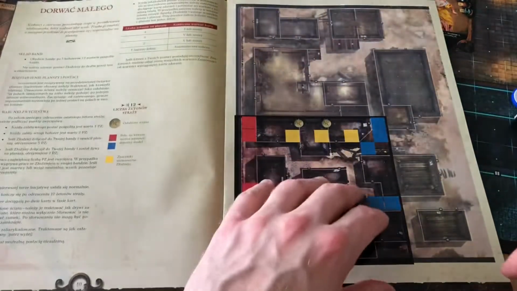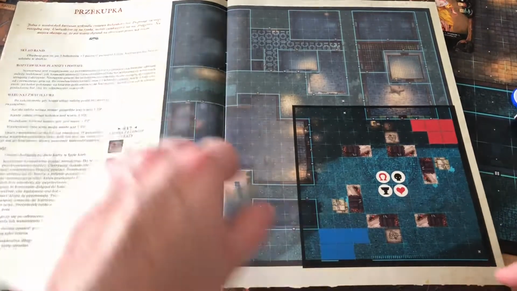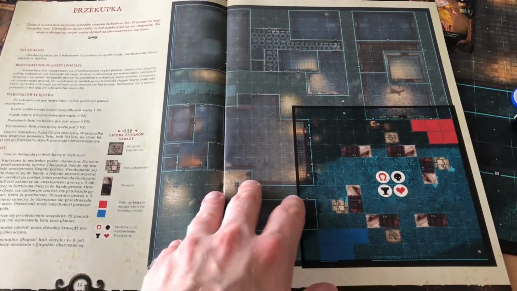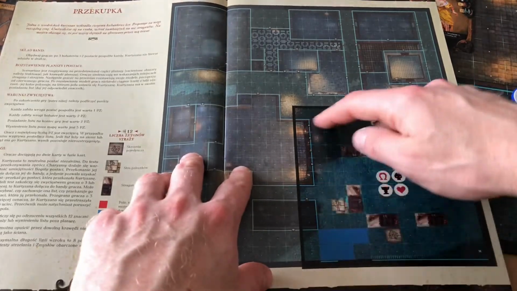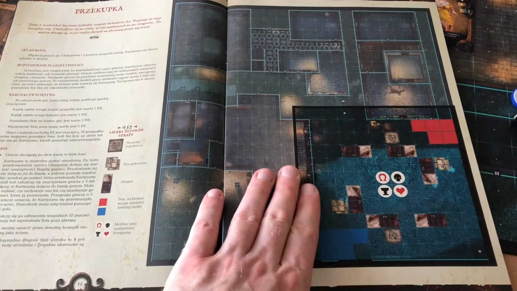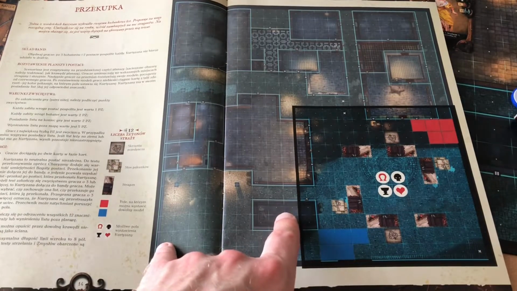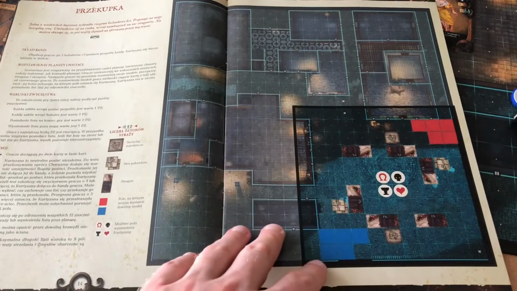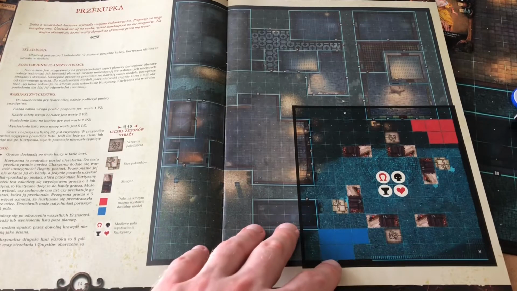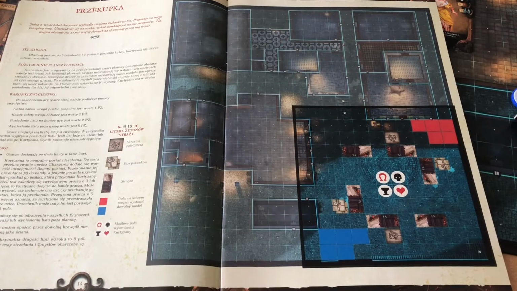Now, for your first scenario, I would recommend an adventure scenario. For instance, the one which is called Przekupka in Polish would be an interesting start. This is the one where you are using only about a third of the board of the night depiction of Vienna. It is an interesting scenario to begin with, because you get a non-player character who is holding an item, a letter,